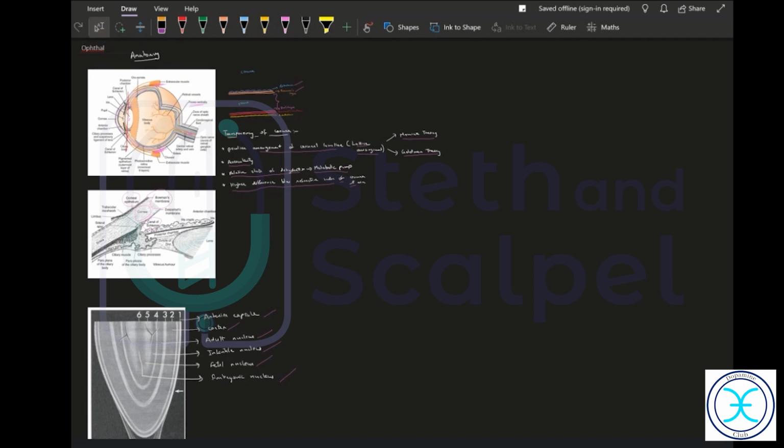So those are the things you need to mention for cataract. And 100% you're supposed to know the steps of cataract surgery. Basic 5 steps of cataract surgery. First, you clean the patient's eye with.